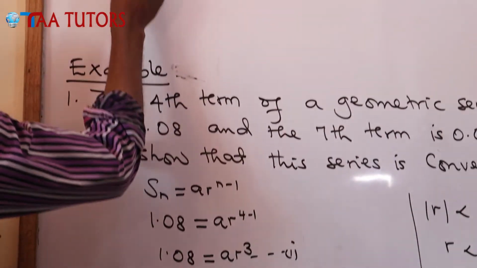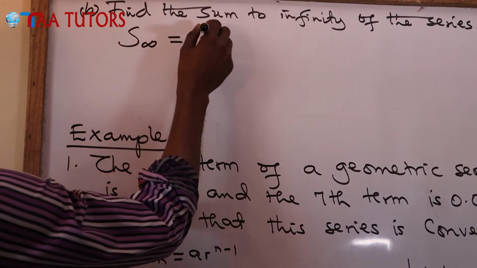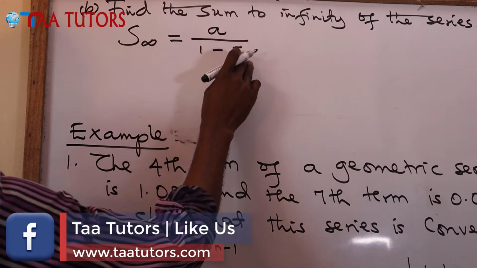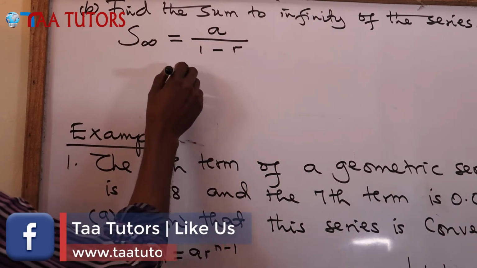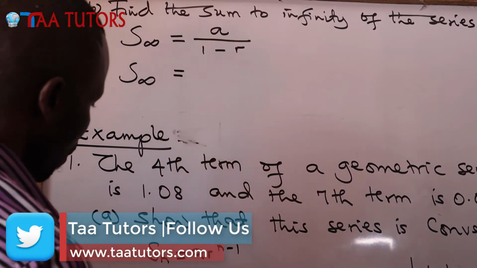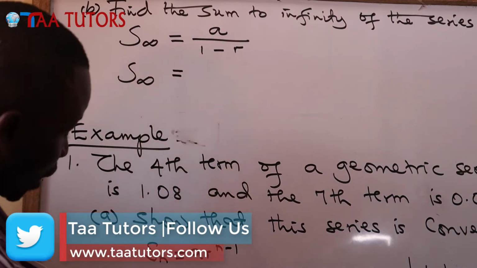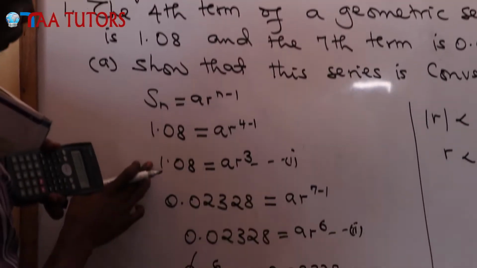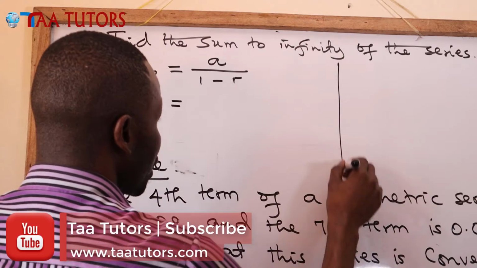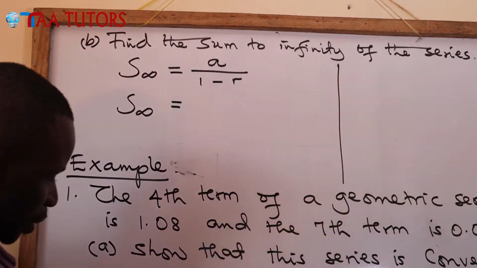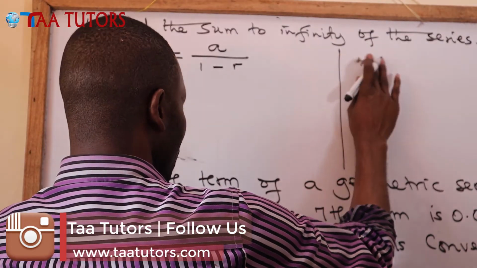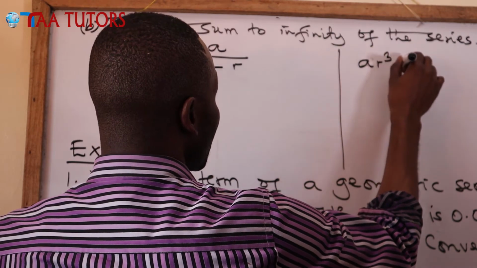So we know that the sum to infinity is given by the formula a over 1 minus r. Sum to infinity in this case is going to be a, the first term. The first term we have not calculated, but now we can get it because we have our r. So let us get a. Using the first equation, ar power 3 equals